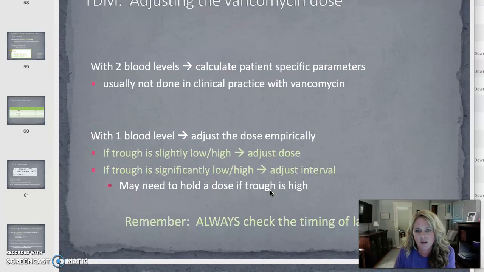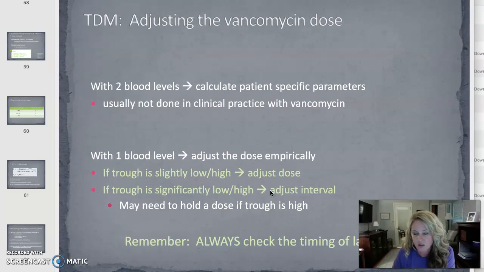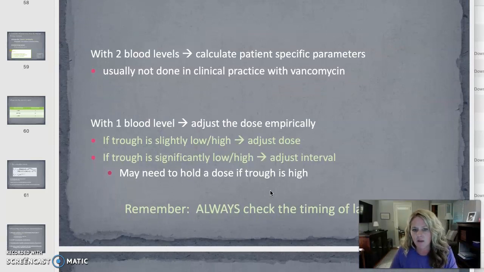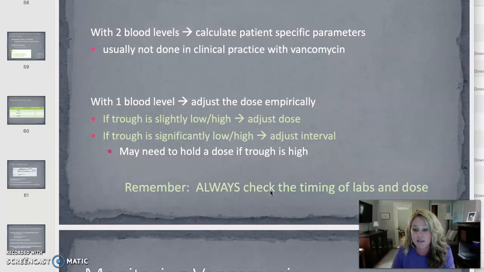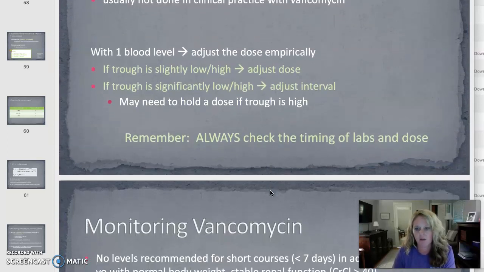So how do we adjust the dose? Well, you can use 2 blood levels, just like we did with aminoglycosides, using the straight line formula. You can determine what their patient-specific parameters are. If we use 1 blood level, which is what we most often do, then we're just going to dose it empirically. So if the trough is a little bit low, you can adjust the dose. If the trough is significantly low or high, adjust the interval. You get more bang for your buck when you adjust the interval than you do by adjusting the dose. If the trough is significantly high, then we need to hold a dose